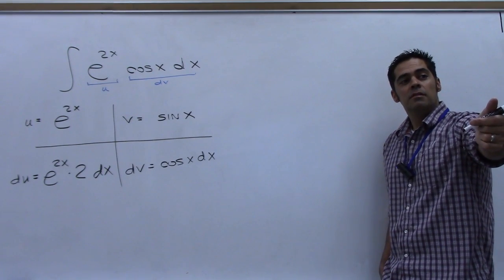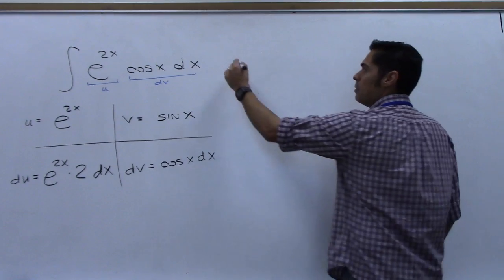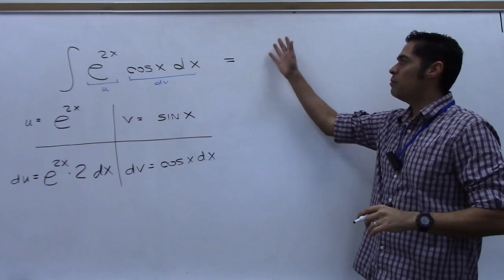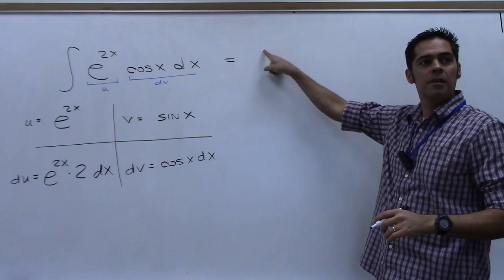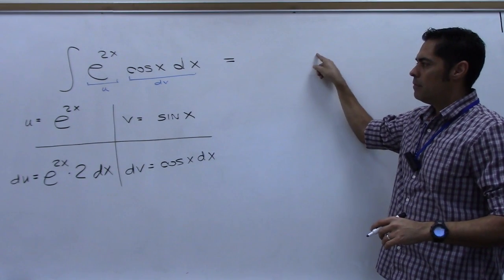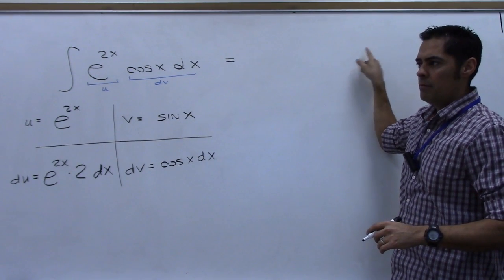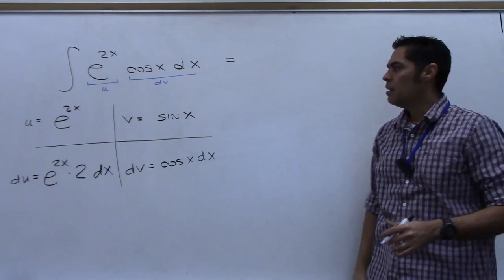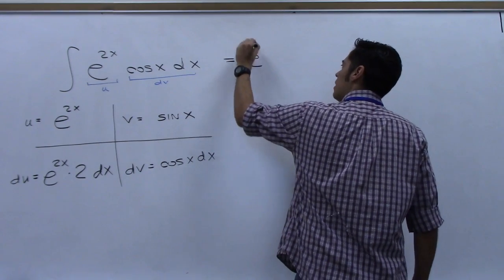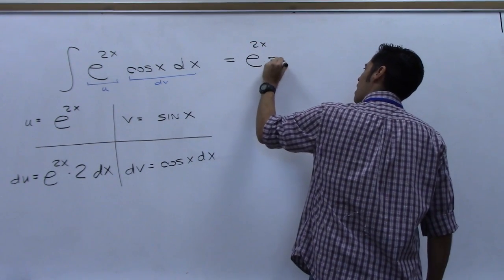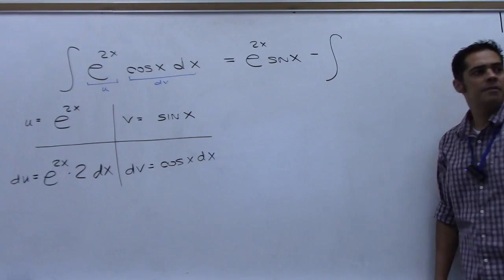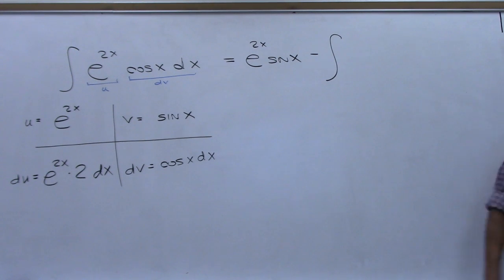All right, so now what I'm going to do, I'm going to put this equals, and then do you remember the formula yet, Michael? Like, in terms of u and v, do you remember what the formula is? Okay, so it'll be u times v. Perfect. Okay, that's it right there. So I'm going to go u times v. So this times this, e to the 2x times sine x minus the integral of,